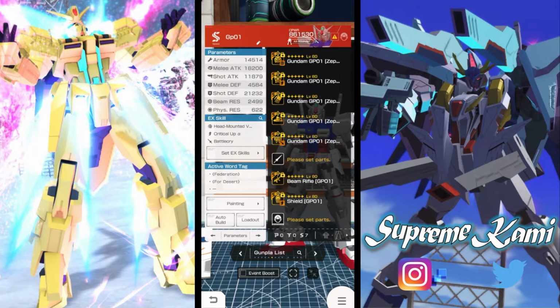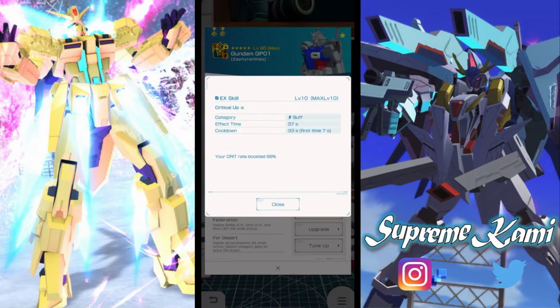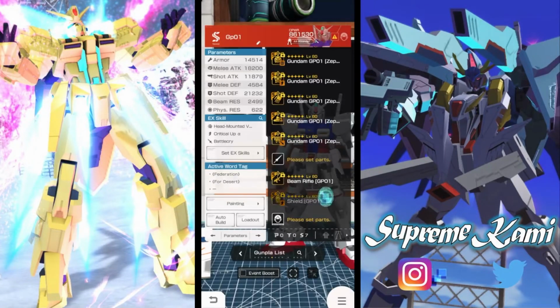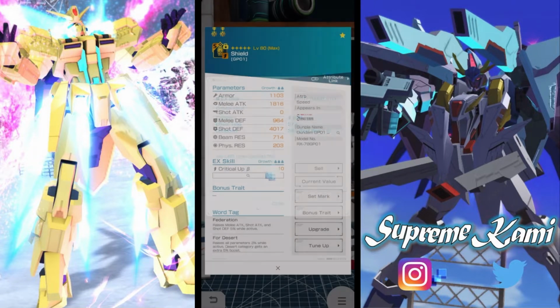In terms of the EX skill, there's good and bad. Let's talk about the bad portion first. The first EX skill we have is a crit rate up. You guys already know at this point that crit in this game is just so bad. But I don't know why, not only did they put one crit up, they put two. They put one in the torso section, and then they put one over at the shield, which is like,